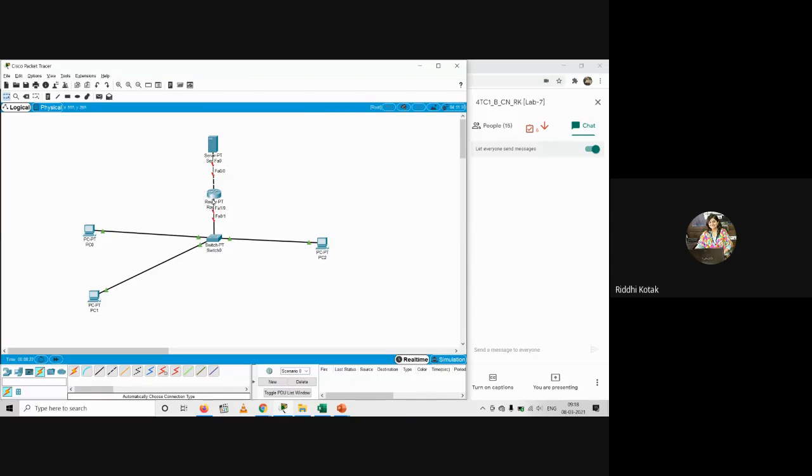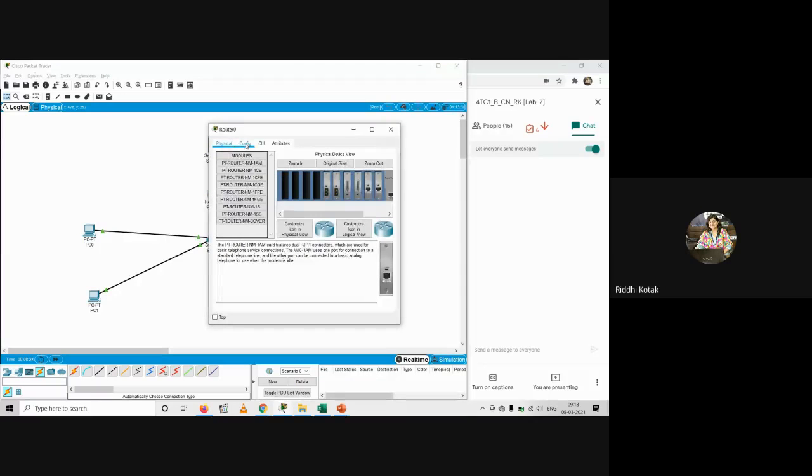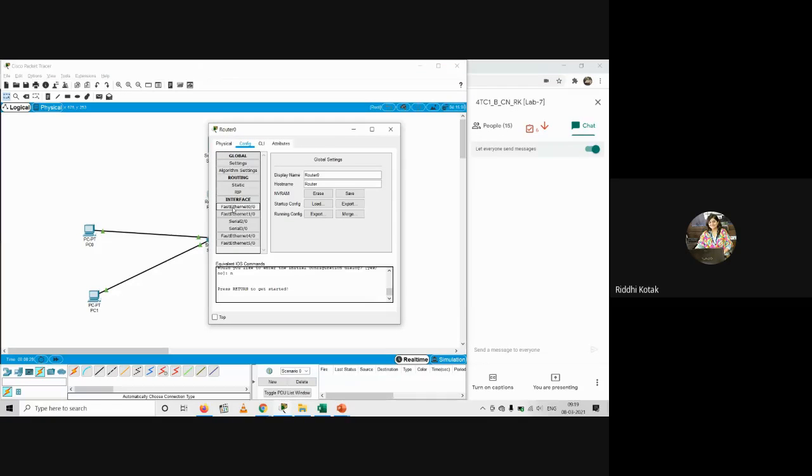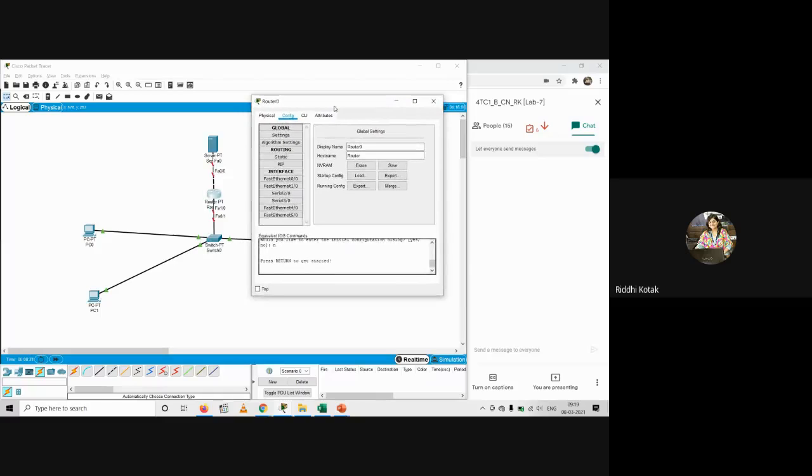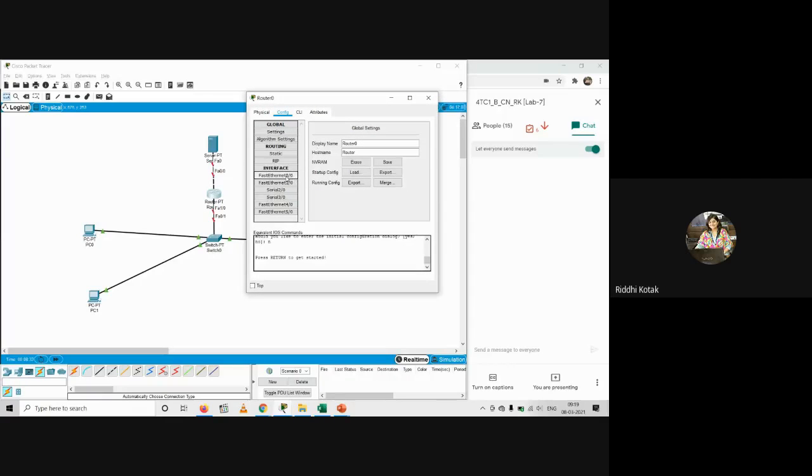Okay, now just click on the router. Go to config. FastEthernet 0/0 and FastEthernet 1/0. Those two connections we will configure because that is at the router end. Simply I have clicked on the router and gone to config, left panel, right? I have not done anything. I'm just guiding you what you have to do.